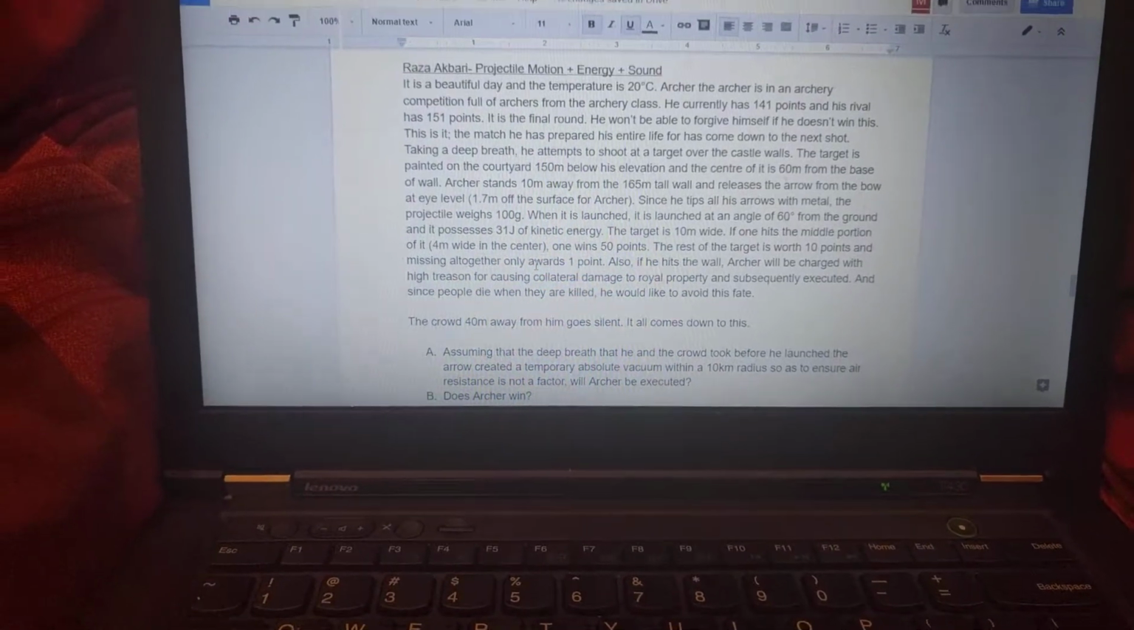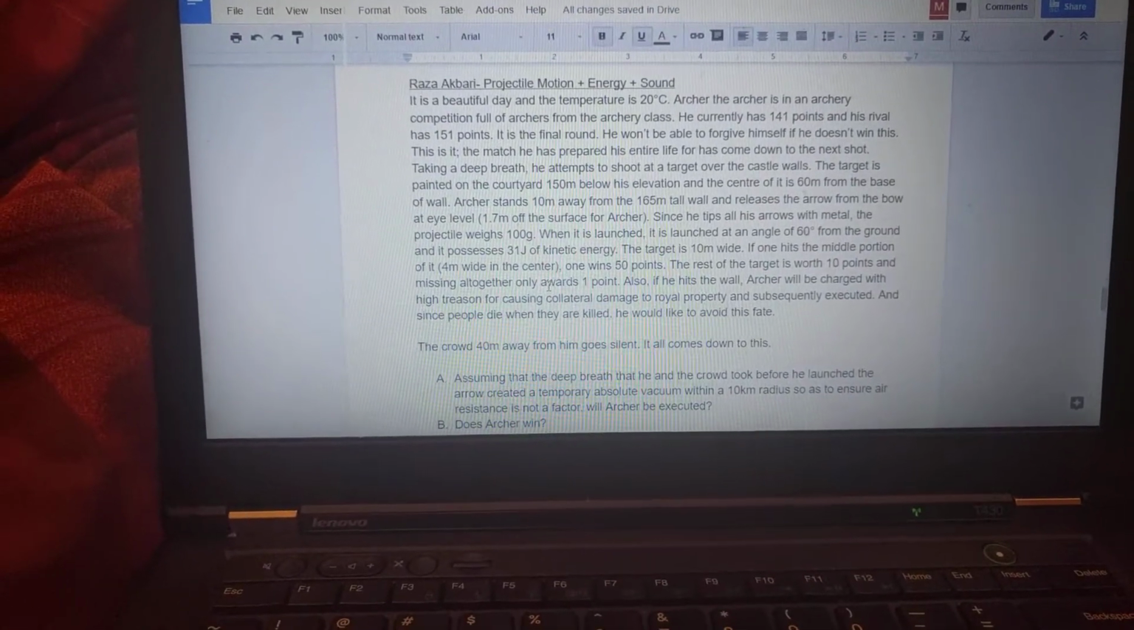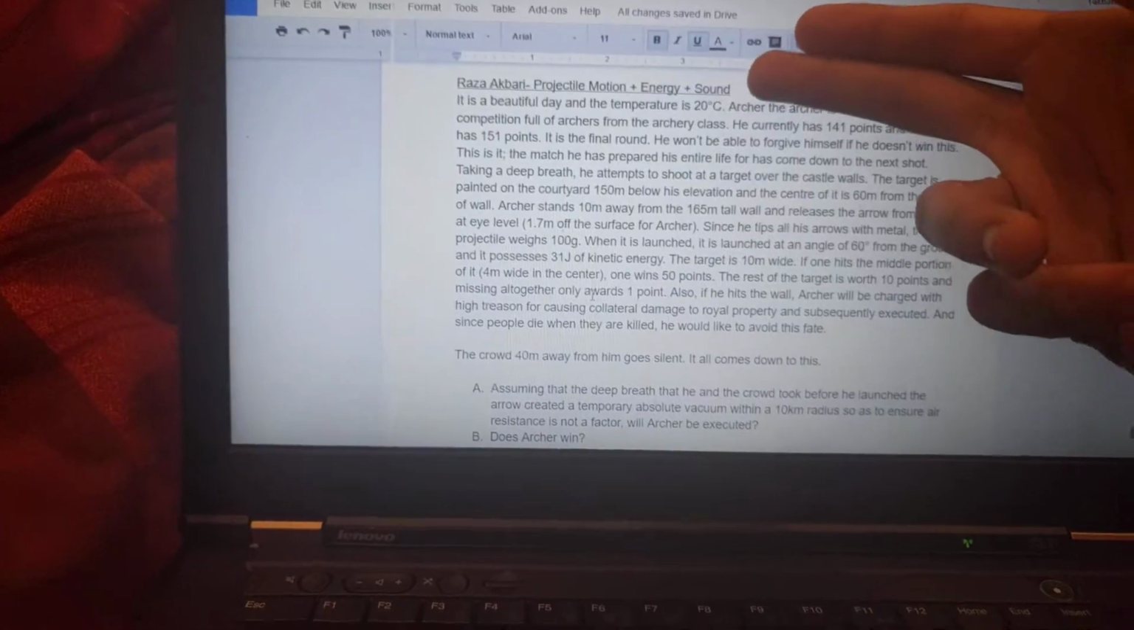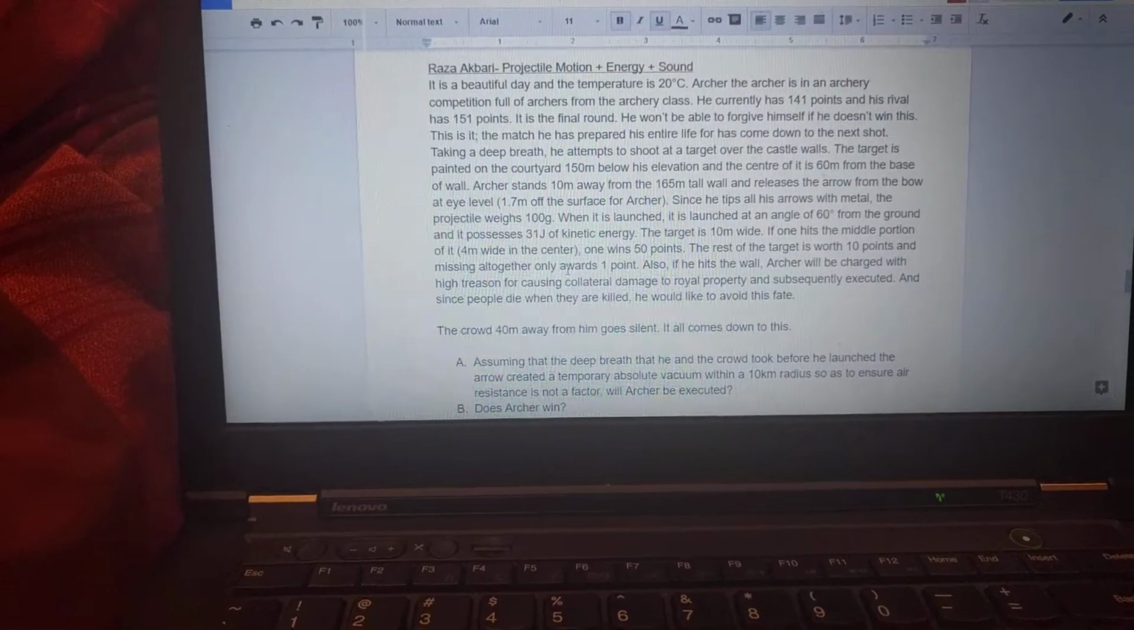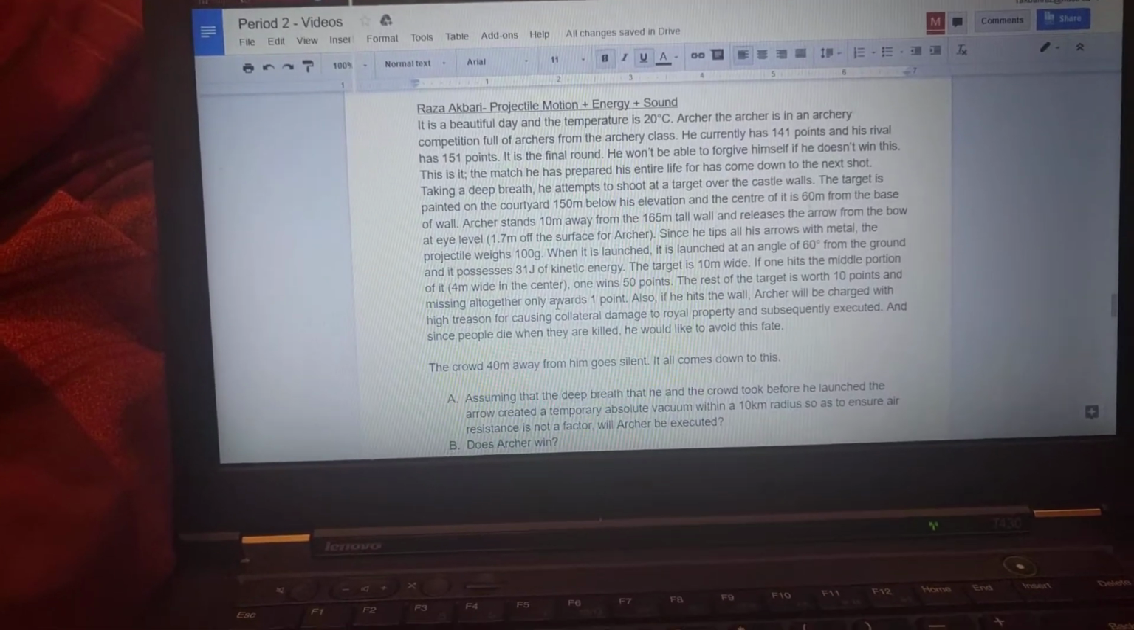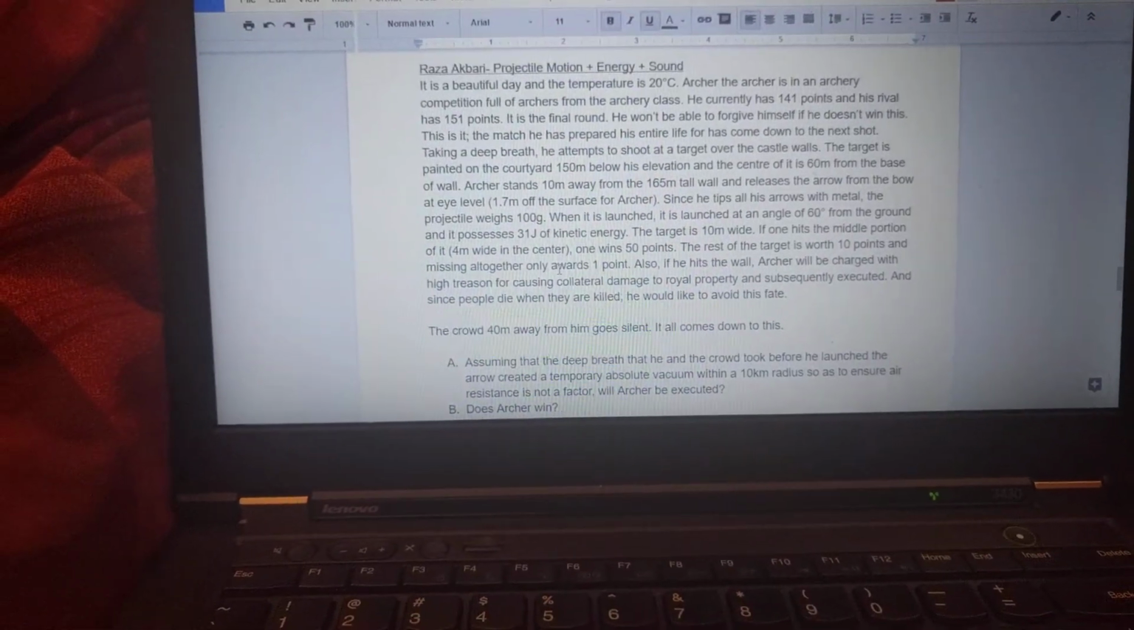Okay, here is my review question for physics. It combines three units: projectile motion, energy, and sound. It's pretty long, so I'm not going to read it all out right now, but it's basically about an archer